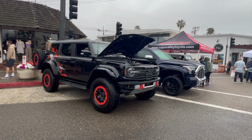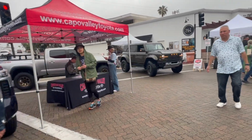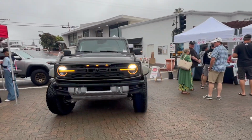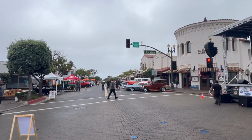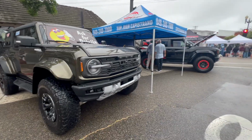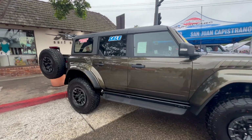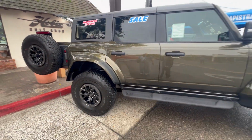So here's one of the vendors. Here's Ford. Here's a Bronco Raptor. Here's Capistrano Toyota, and here's another Bronco Raptor coming in. And here's the stage. And then there are way more cars down that way, and the US Marines is right here. So we have Capistrano Ford setting up 2 Ford Bronco Raptors, a black one and a dark green. They got a manager special going on right now too. MSRP is at 98,145. Hopefully, I don't know if that's the special or...